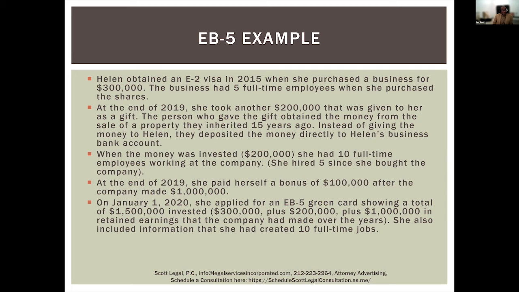So now, when Helen invested the $200,000, she had 10 full-time people. She had 5 when she bought it, and then she hired another 5 people. And at the end of 2019, she paid herself a bonus of $100,000 after the company made $1 million, right? Then she's applying for a green card, the EB-5, and she says,